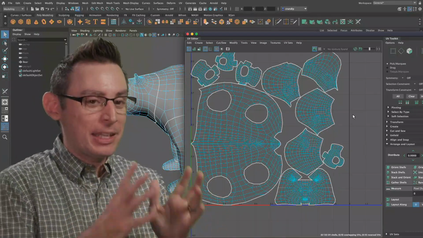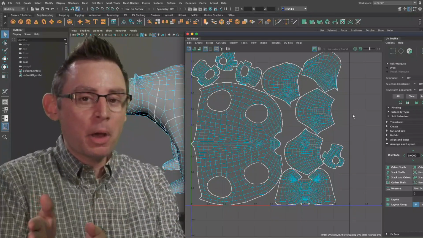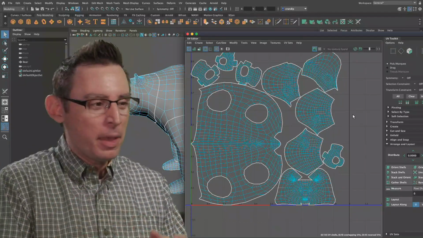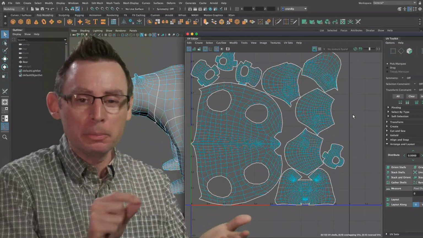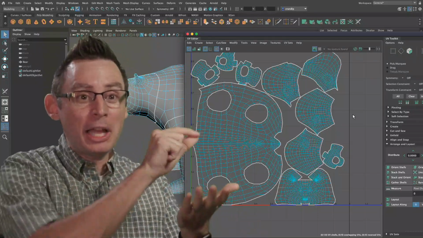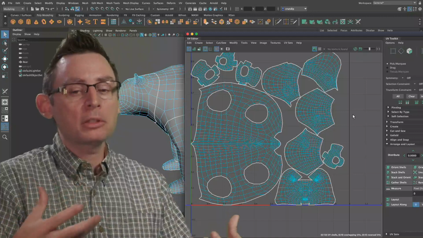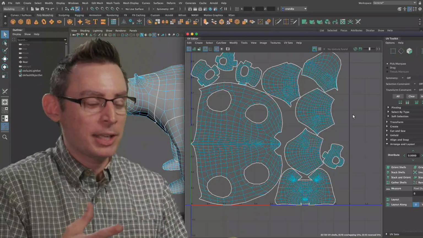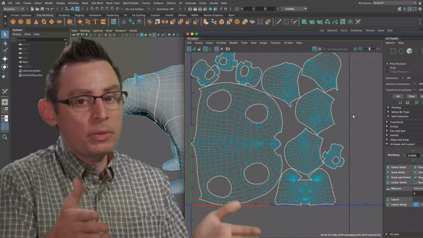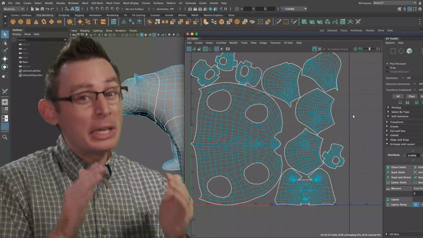In every sense, the finalization of our UVs is a point of no return. After we export this model over into Substance Painter, we're kind of locking our UVs into that environment. I like to think of our UVs kind of like a coloring book. Once we start coloring in the pictures in the coloring book, we can't change the lines, the outlines of all of the objects in the book itself without having to restart the entire texturing or coloring process. So we have to be very confident that the UVs that we create here are what they're going to be. Otherwise, we're going to have to redo our textures anytime we update our UVs, which is not what we're after.